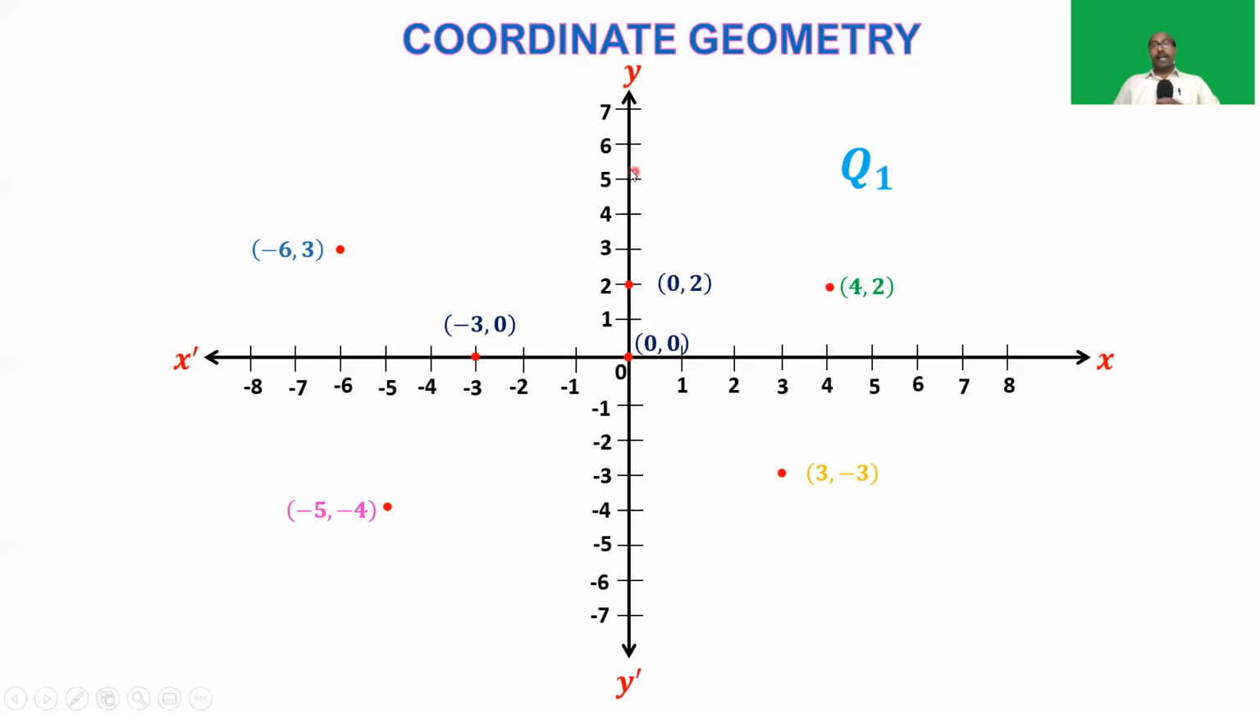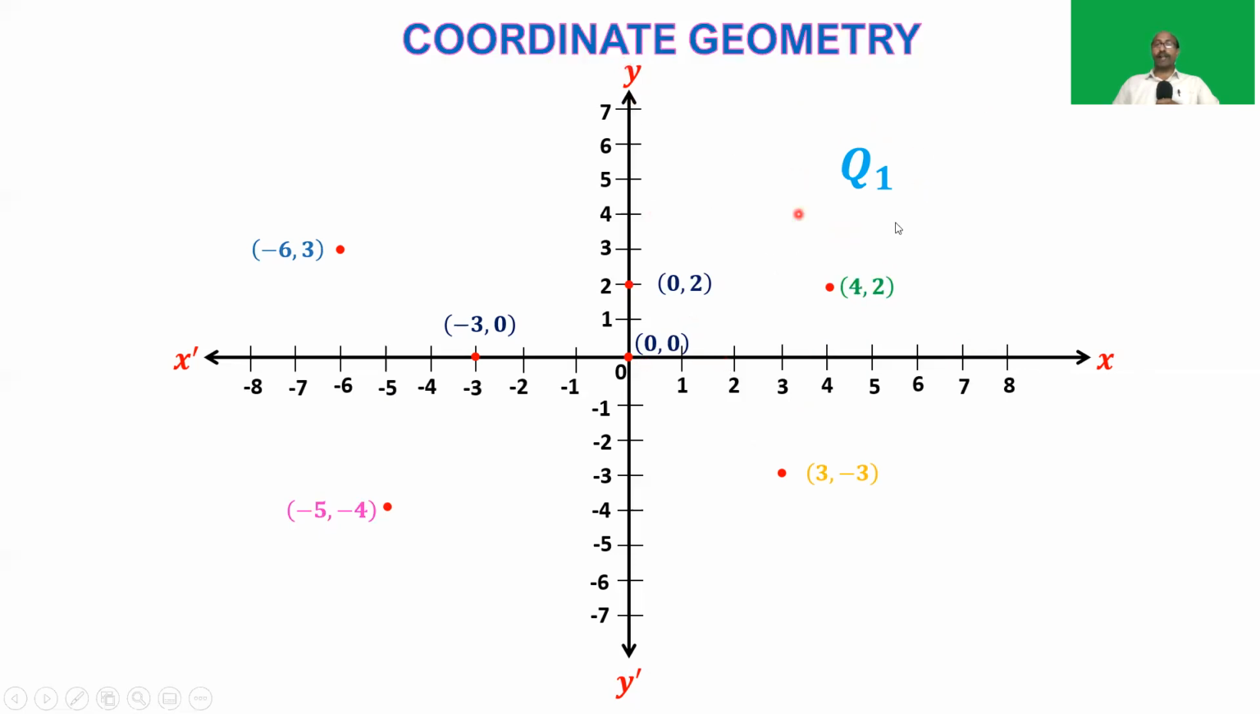Now, the first part determined by these coordinate axes is known as Q1, and this part is called a quadrant, because these two lines are dividing the plane into 4 parts, 4 quadrants. The plane determined by positive x-axis and positive y-axis is